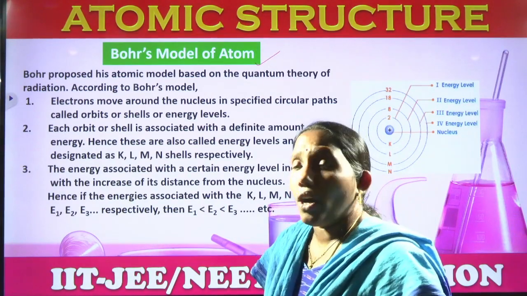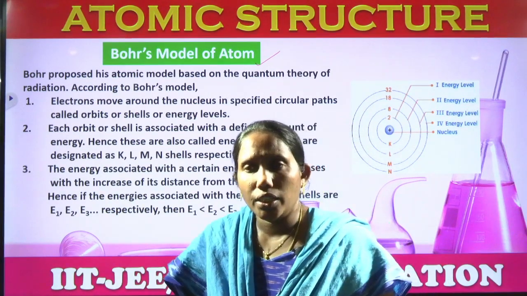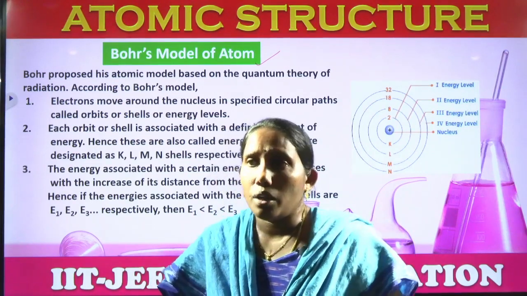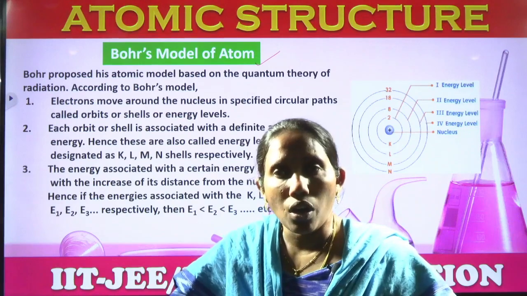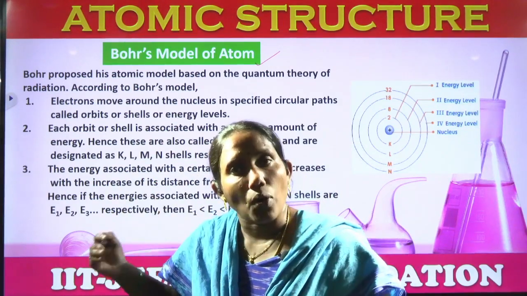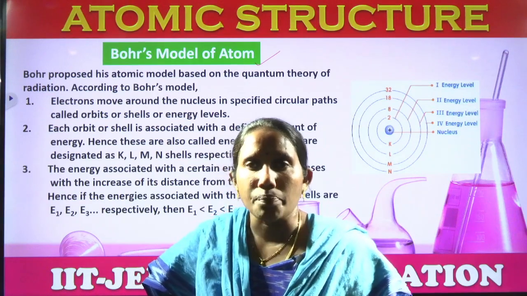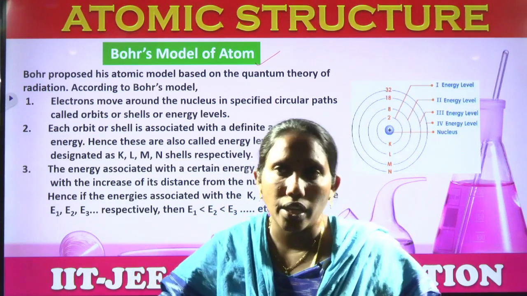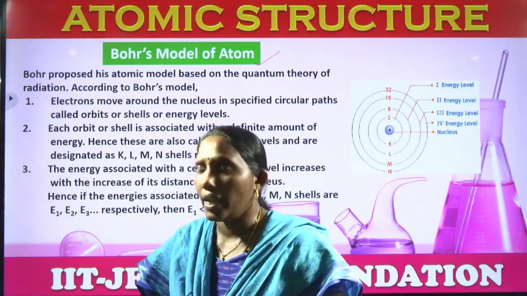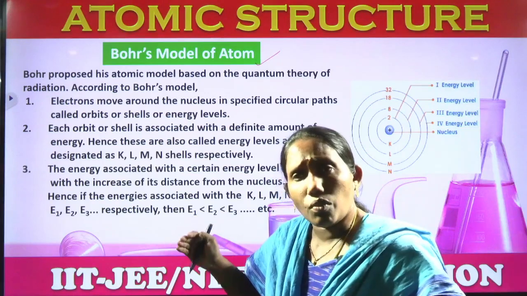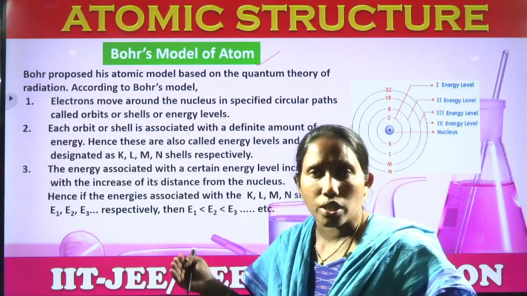According to Bohr, we have studied in the previous sessions Rutherford's atomic model, Dalton's atomic model, and Planck's quantum theory also. Based on that, Bohr has given some postulates: what an atom is, how the electrons revolve around the nucleus, why they are not losing their energy. Based on those, he has given some points. Here we can see the main postulates of Bohr's atomic theory.